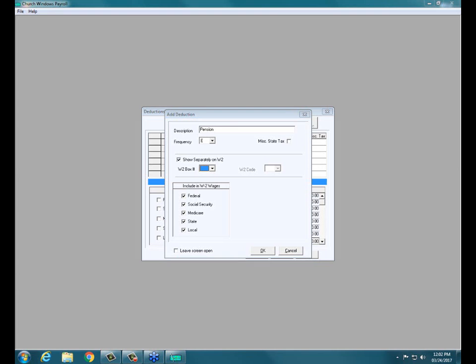Then, down at the bottom left, include in W-2 wages. Hopefully everybody should be able to see my highlighter. Include in W-2 wages is synonymous with the term taxable. So we would check the appropriate boxes for the respective taxing authorities where the deduction would be considered taxable or reportable. This include in W-2 wages works and functions exactly the same way for deductions as well as allowances, and we're going to come back to allowances in just a moment. So in this case, maybe a pension contribution would be considered non-taxable. We're not going to say it's going to show separately on the W-2,